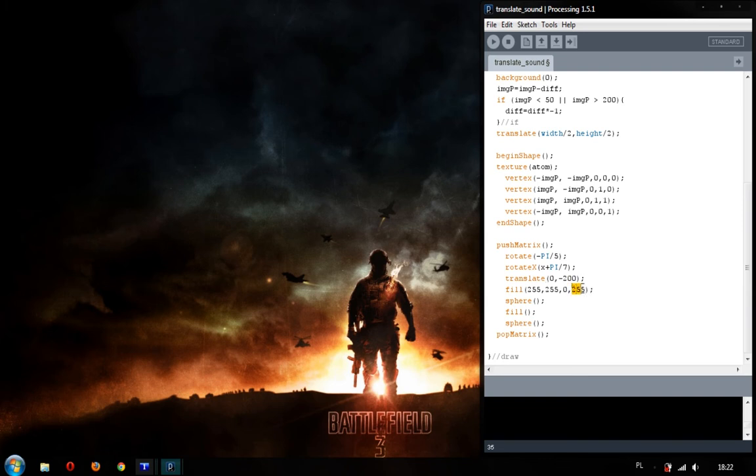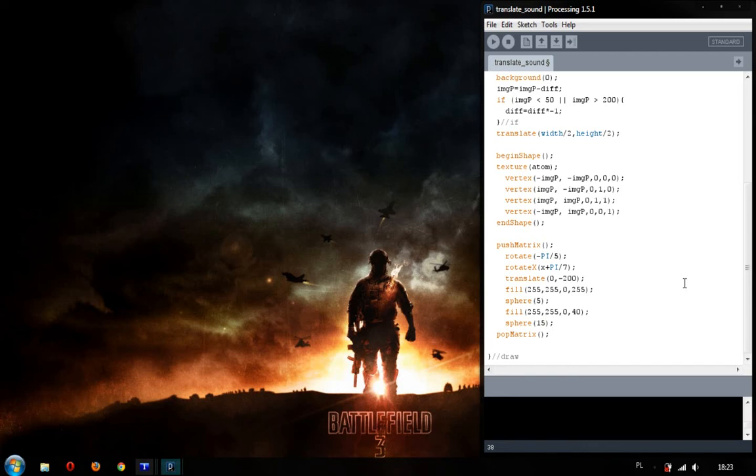Non-transparent, higher value, lower transparency, and size of the sphere, for example, 5. Now the transparent sphere. So for example 40, and the size, for example 15. And now we have to create x value